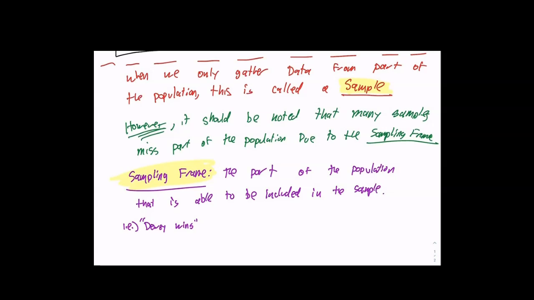By a landslide, I don't always remember who was going to win. One of them was Dewey, the Republican, and the other one was Truman, the Democrat at the time, running for the election. So by a landslide, Dewey, the Republican, was going to win the election. Deja vu, right? But they were calling on phones. Well, there was a problem with that sampling frame. They took a sample and did really good work making sure their sample was taken very well. However, and we'll talk about this word random very shortly,